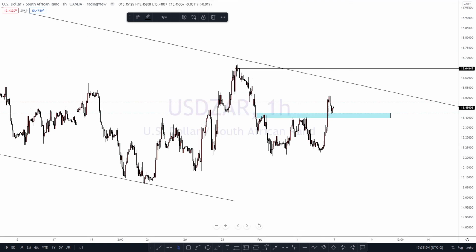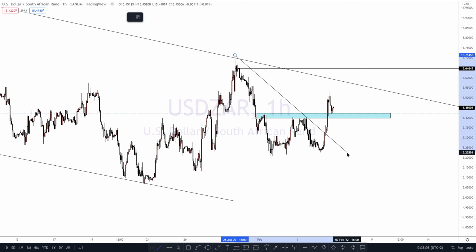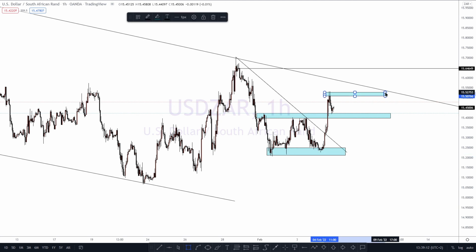You can see that we also had a bit of structure within that, and it got broken. So there's a descending trend line that has been broken, and a double bottom that was formed, and now we just have our retest to the neckline. Now we're going to anticipate that price is just going to break above, retest, and then anticipate a continuation and also creation of highs and higher highs.